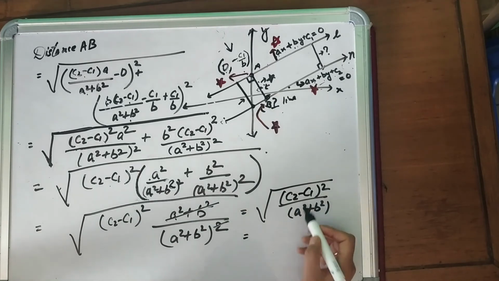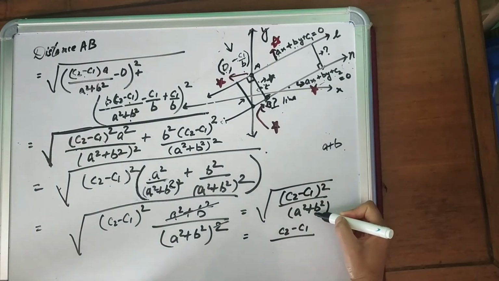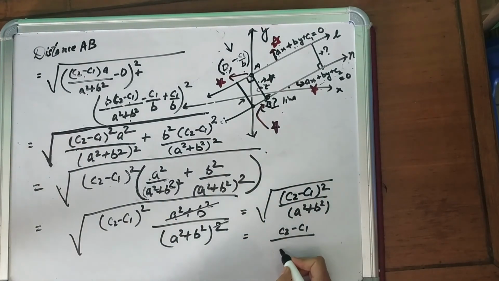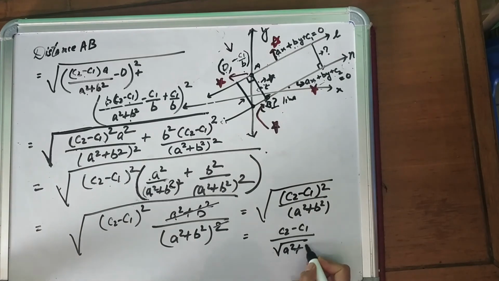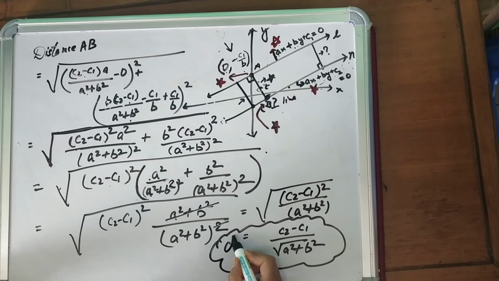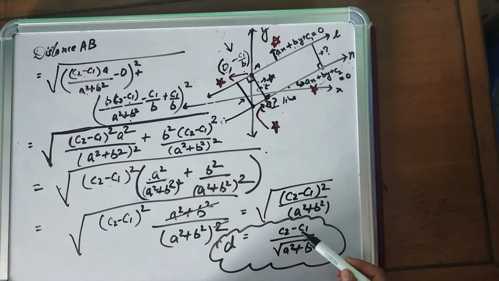Now, as this is a perfect square, this will come out of the root. But this is not a perfect square. Its square root won't be a plus b, because this is not square of a plus b. So this will stay like a square plus b square. So this is the required expression for distance d between the two parallel lines, and it includes c2, c1, a and b, and these were the only 4 variables in the starting. Here you can see a, b, c1, a, b, c2, and your formula includes c2, c1, a and b.